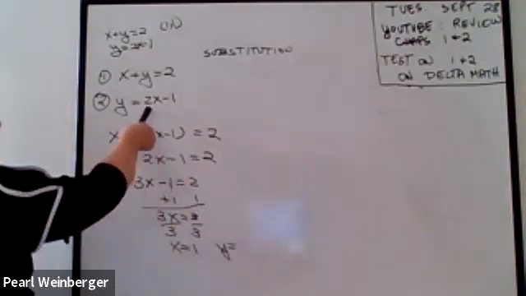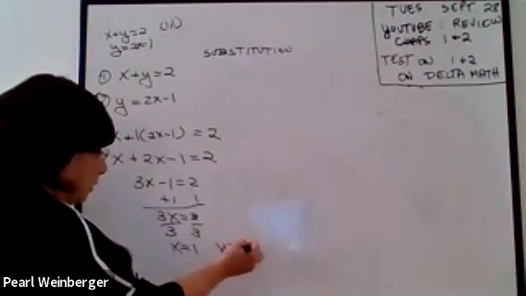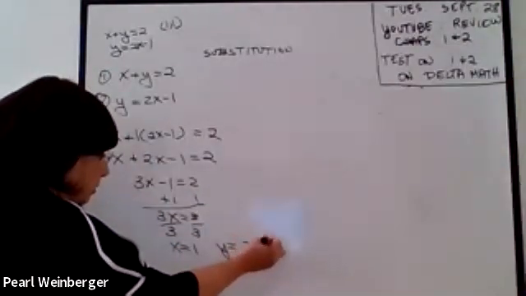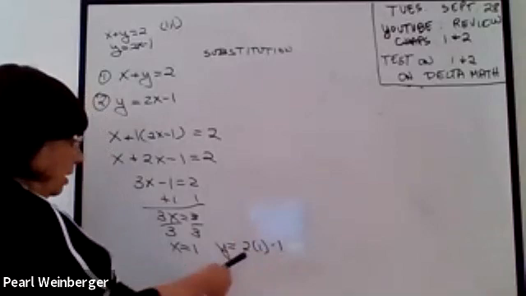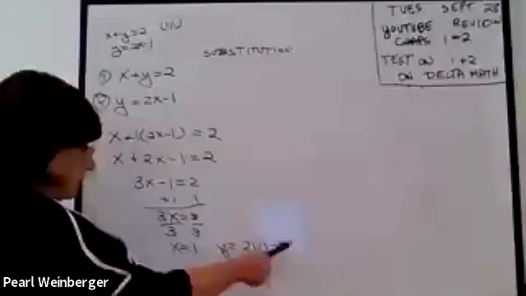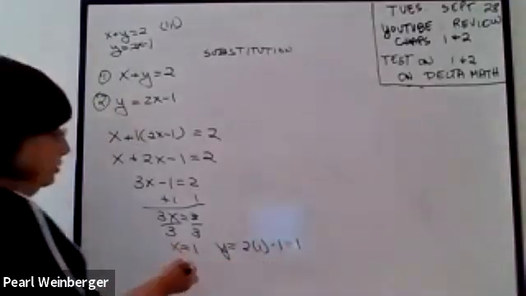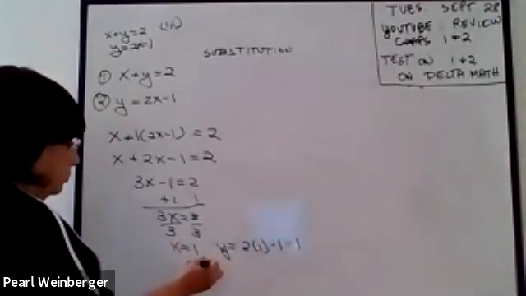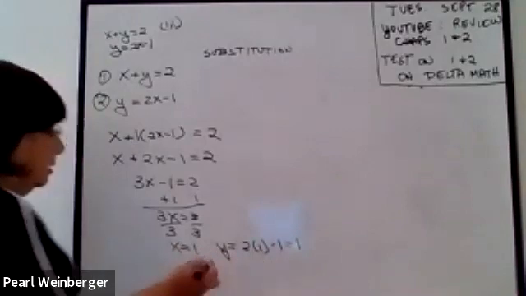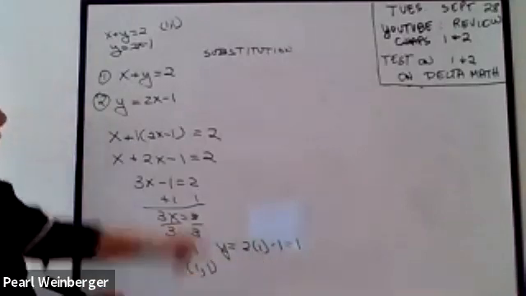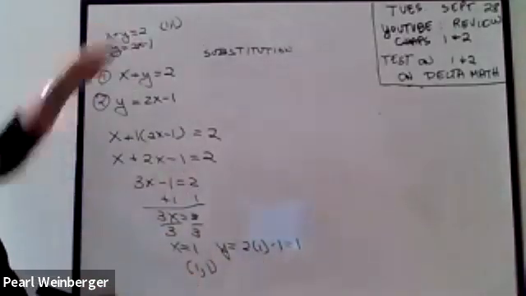And I'm going to replace the x in that equation by 1, because now I know that the x is equal to 1. So I get y equals 2 times 1 minus 1, which is 2 minus 1, or 1. And again, the solution to this system of equations is x is 1 and y is 1, which is exactly what we had gotten